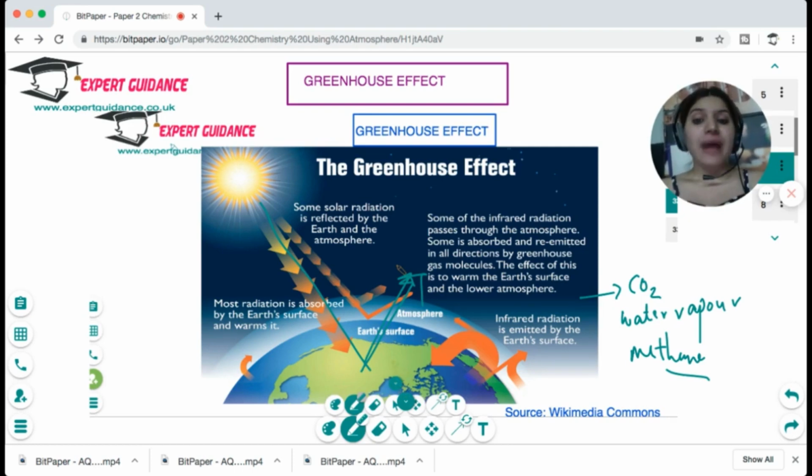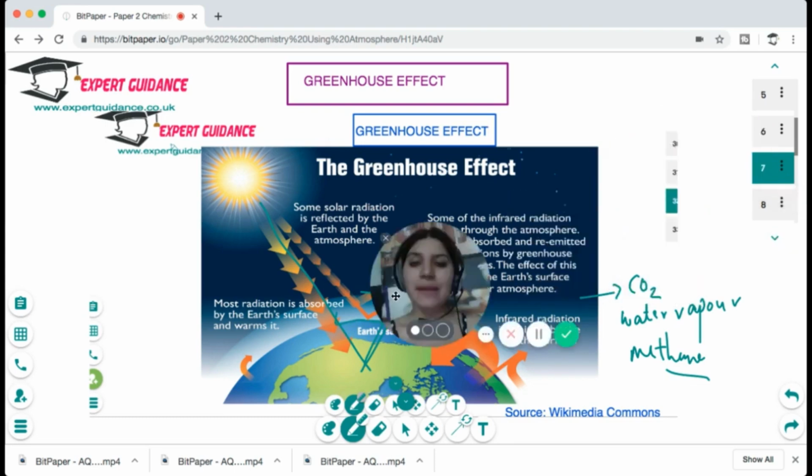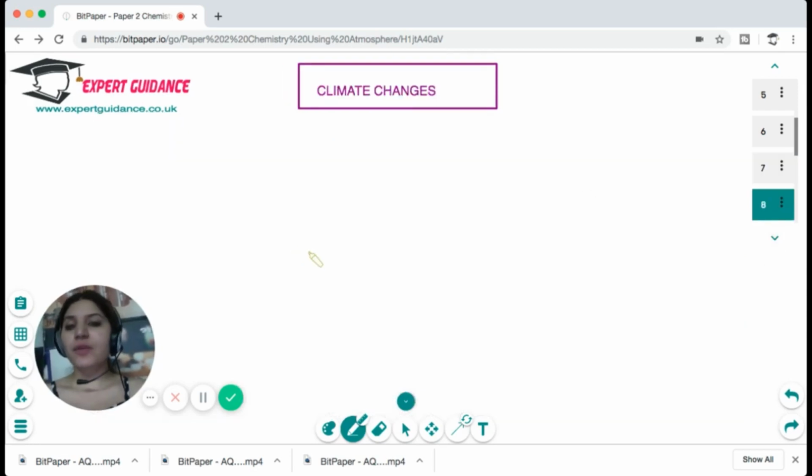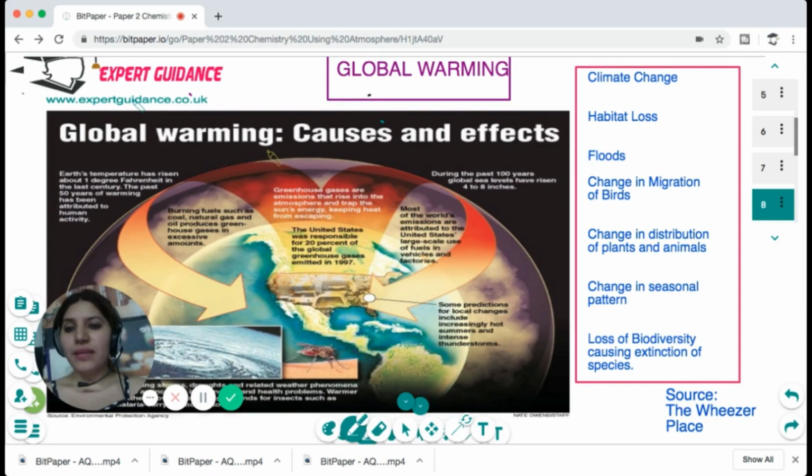But due to rapid urbanization, industrialization, and deforestation, the level of carbon dioxide has increased to a great extent, and that has caused an increase in the global temperature, causing global warming. It is causing melting of the ice caps, change in seasonal pattern, temperature change, habitat loss, and a lot of environmental problems. So the causes and effects of global warming: it causes climate change, habitat loss, floods, change in the migration of birds, change in distribution of plants and animals, change in seasonal pattern, and loss of biodiversity